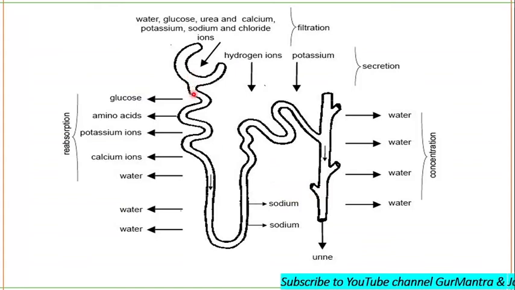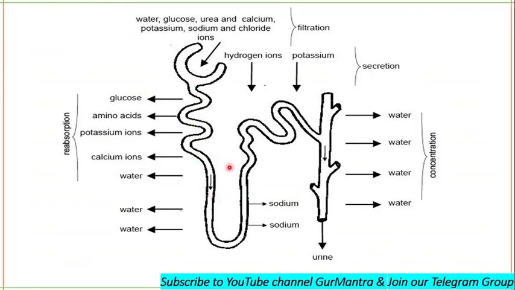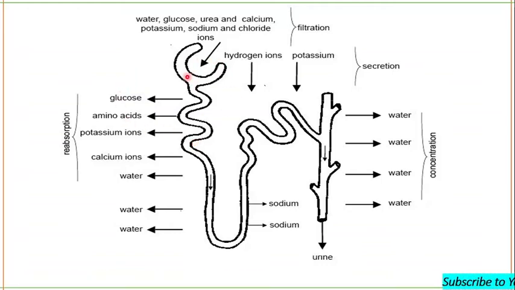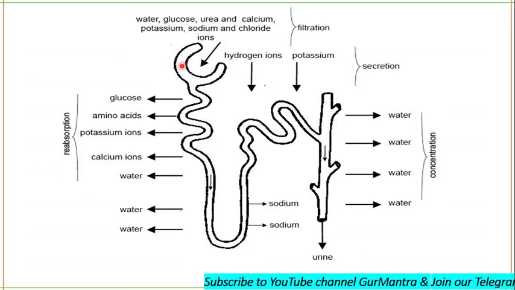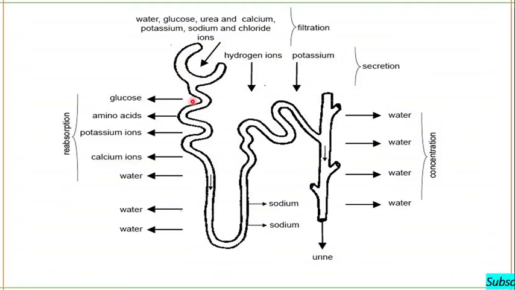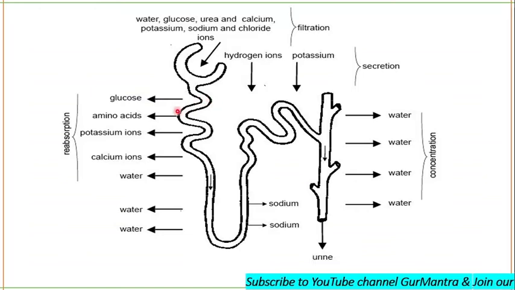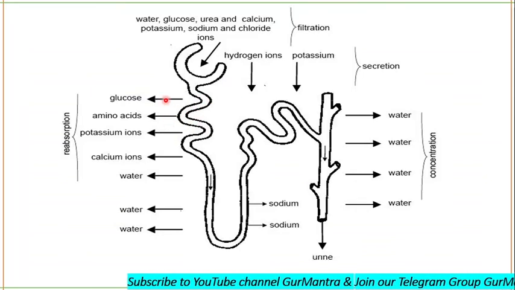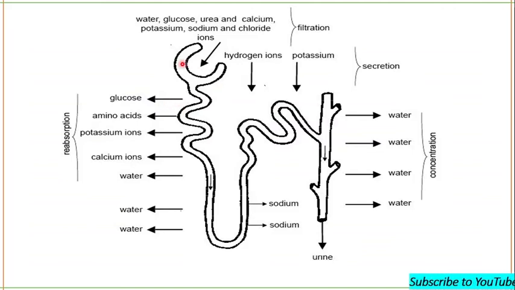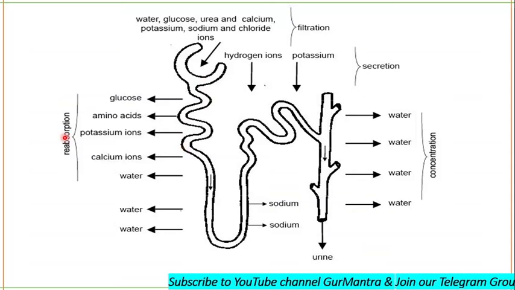All the renal tubule consists of epithelial cells that will carry out the reabsorption, but most of the reabsorption occurs in the proximal convoluted tubule. See, solutes can be reabsorbed actively or passively. Okay, reabsorption of solute can occur both actively as well as passively. Fine. The largest amount of solute and water are reabsorbed from filtered fluid in this proximal convoluted tubule. From this renal tubule, it will be reabsorbed by the capillaries.